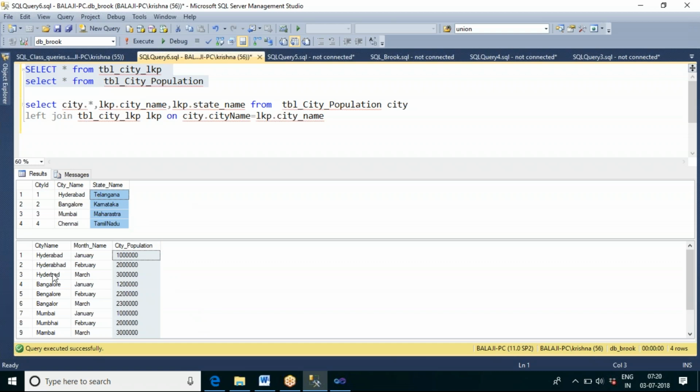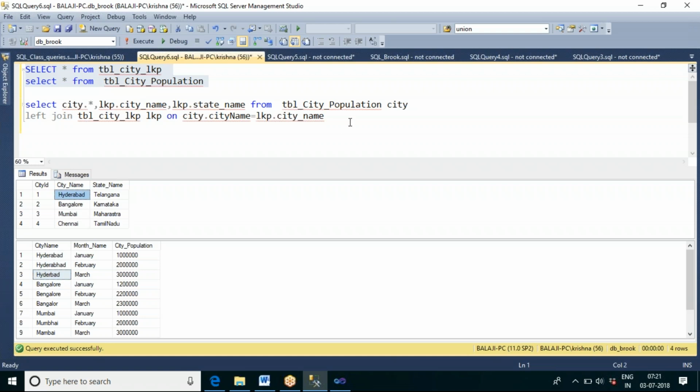Here Hyderabad is 100% matching, but in the transaction table there are some spelling mistakes. Instead of BAD, here it is BHAD, and here A is missing. So these two are 100% matching, but this is not 100% matching.